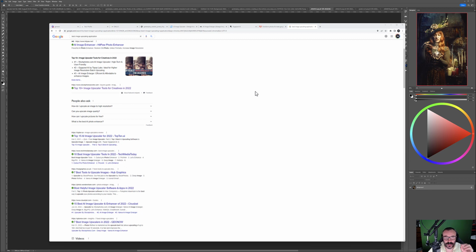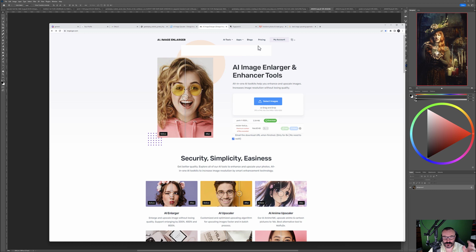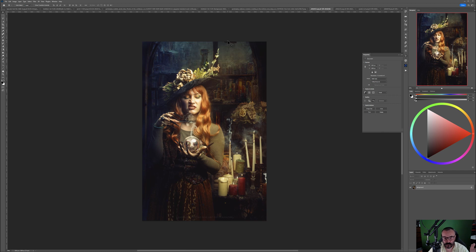So I went through these applications and nailed it down to about five. The last one was GIMP, but because of some hardware limitations, which I'm not showing here, most of it will compare four applications. Two online: Upscaler and Image Enlarger, so two different ones. Another one standalone, Gigapixel, and we'll look at what Photoshop offers us,